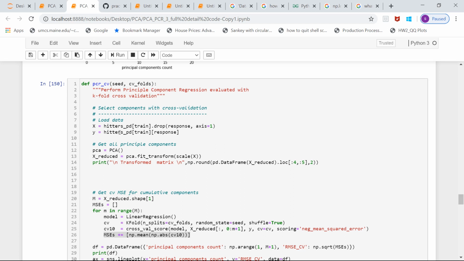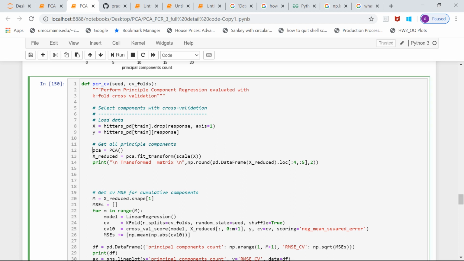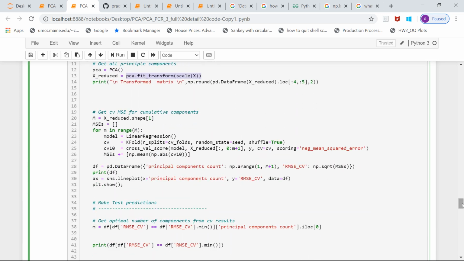What we are doing over here is calling the PCA inbuilt function and then scaling the data set, that is either centering it by subtracting the mean or standardizing it by subtracting the mean and dividing by the standard deviation, and then transforming it and calculating the projected matrix that we have seen earlier. Once that is done, we have all the 23 columns available.